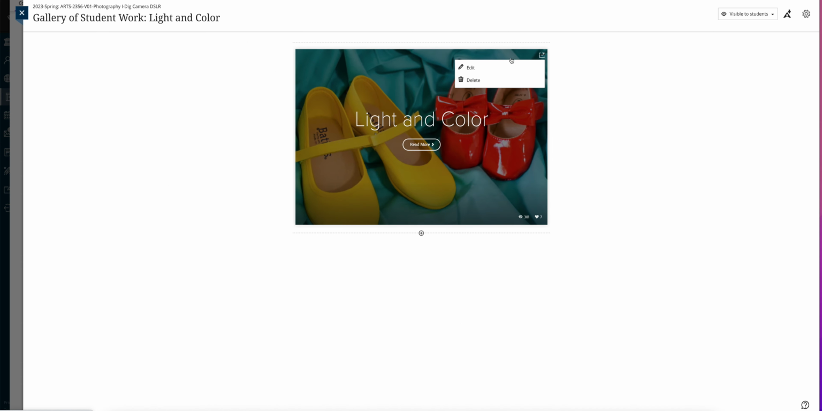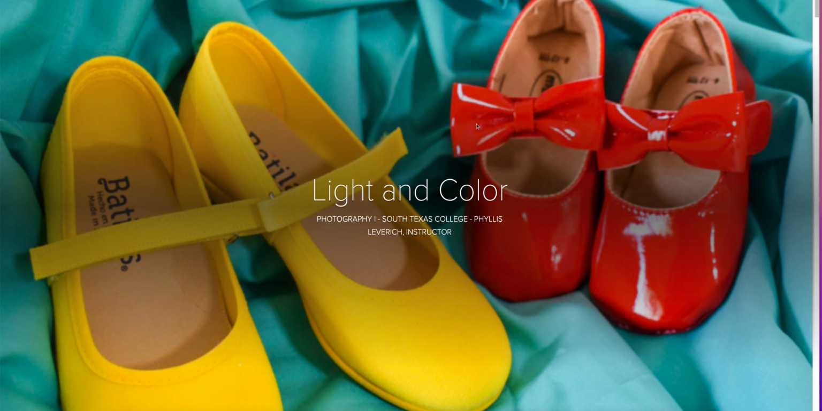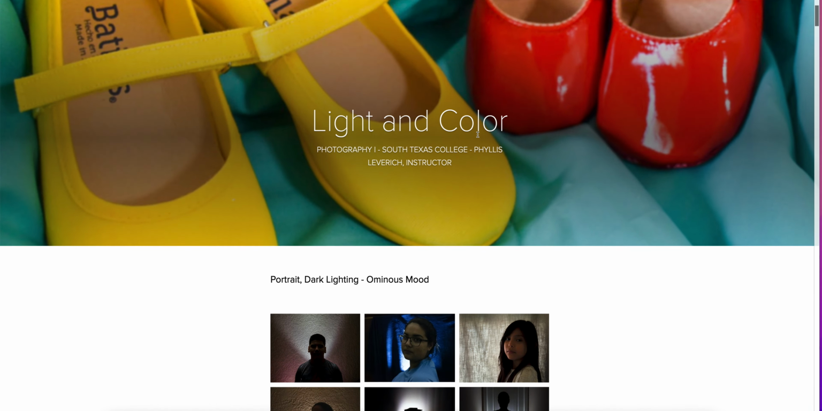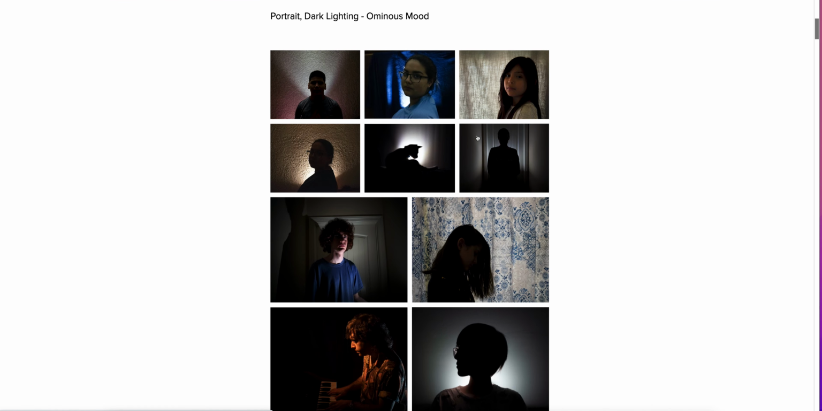We're going to be looking at your light and color assignment, and I just want to go ahead and show you the assignment. The instructions, of course, are where they always are, but I just want to start with the student examples so